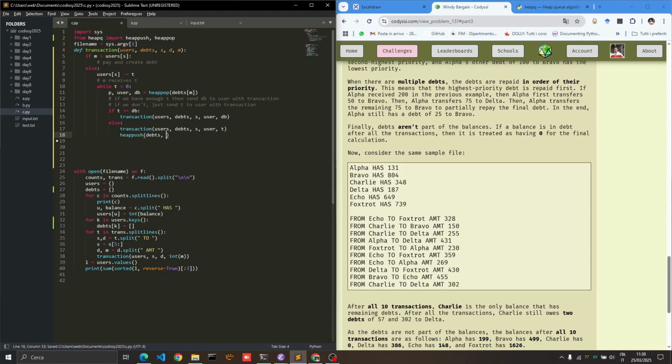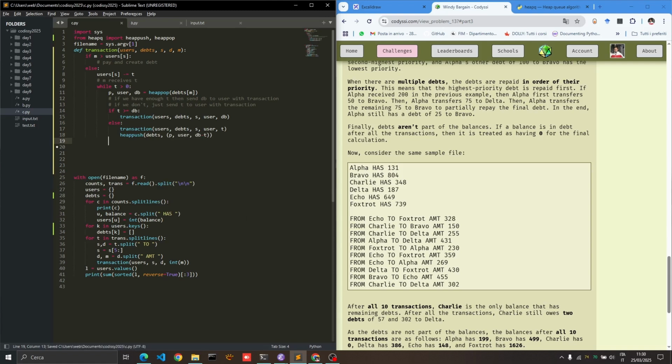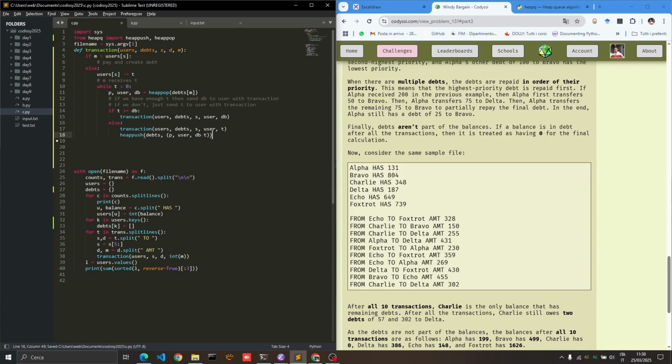We're going to put in priority is the same, user is the same, but we have db minus t here, so we owe him less money. Okay, this is okay. The thing is here, so if I am transferring